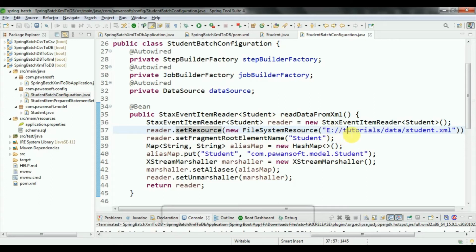In my case, I have the E drive, inside it a tutorials folder, inside that a data folder, and inside data I have student.xml. From student.xml I am going to read the data, and set the reader's fragment root element.